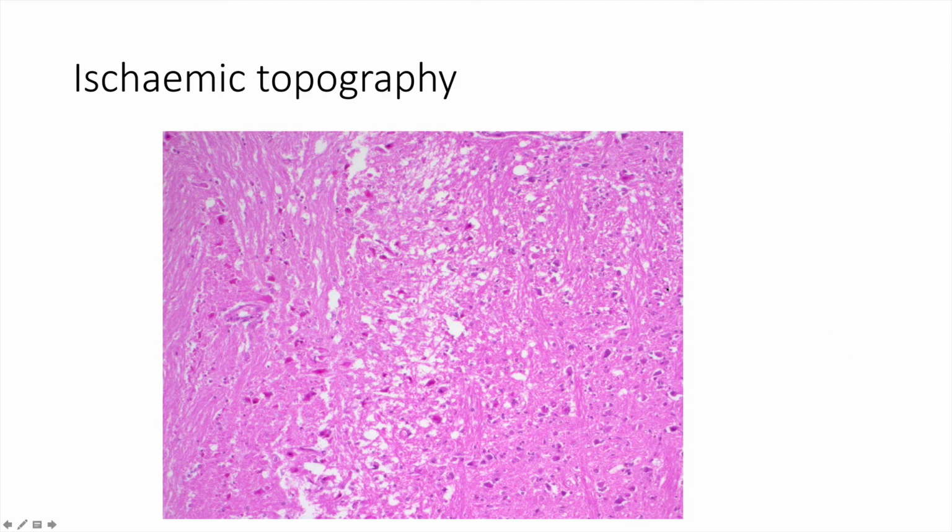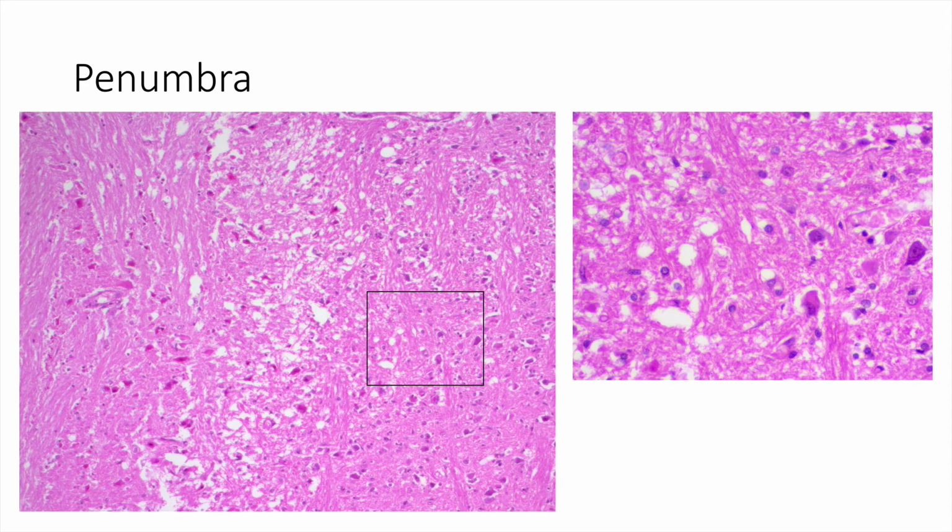Now, infarcts or new infarcts display what we call ischemic topography, and what we mean by that is that if we go from the infarct itself on the left-hand side, we'll go through an area of edema, and then we'll go through an area of brain that has got some blood supply but not necessarily adequate, and then we'll move away into normal brain. Now, if we look at these areas in more detail,